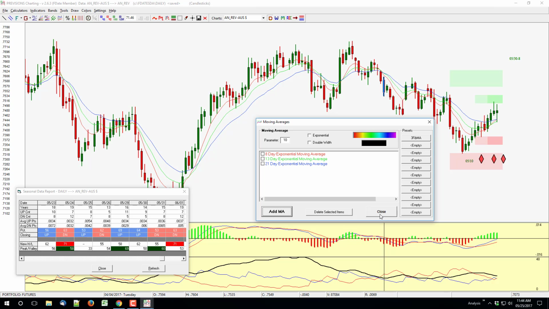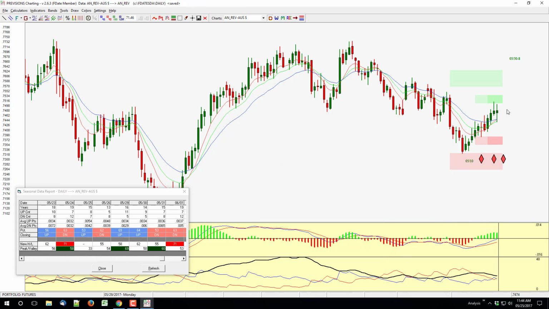And I'm going to go ahead and close this. But you'll notice here that as it's curling up, it acts as support here. And right now, it looks like the 13-day acted as support for yesterday's drop. So again, going back as a day trader, for example, how you would use this is that you would expect the market to go below the low of 523 during the day of 524 you're trading,